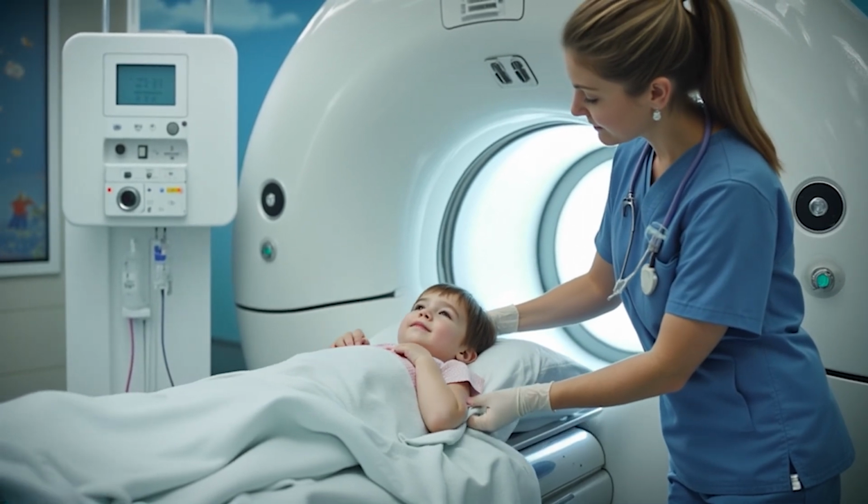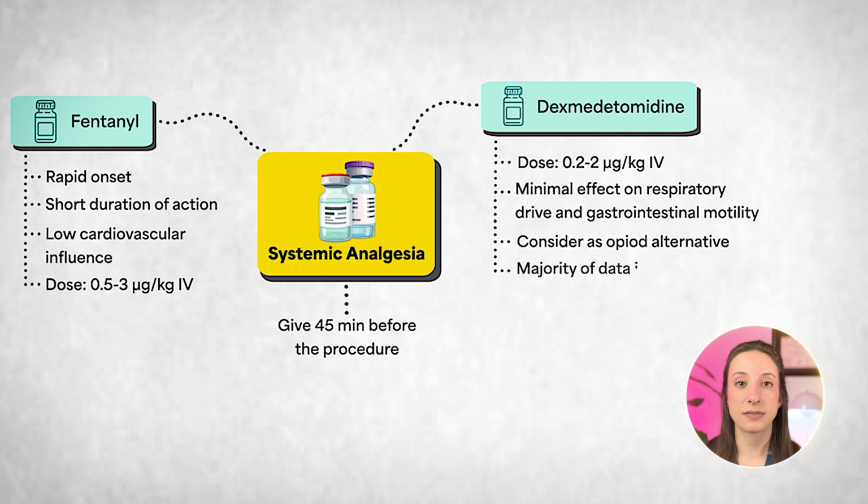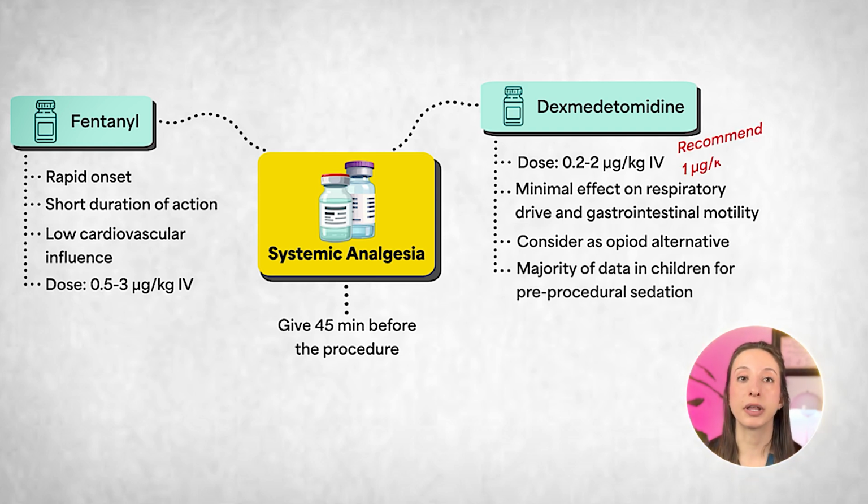outside the ICU. These data show dexmedetomidine has similar sedation and anxiolysis, with less postoperative agitation compared to midazolam, and more sedation versus diazepam. There is a lot of variability in dosing, especially by age and route, per limited literature. I recommend 1 microgram per kilogram intravenously for procedural pain management, 45 minutes before lumbar puncture. Importantly, dexmedetomidine can be administered buccally using the undiluted 100 microgram per ml intravenous formulation if the neonate does not